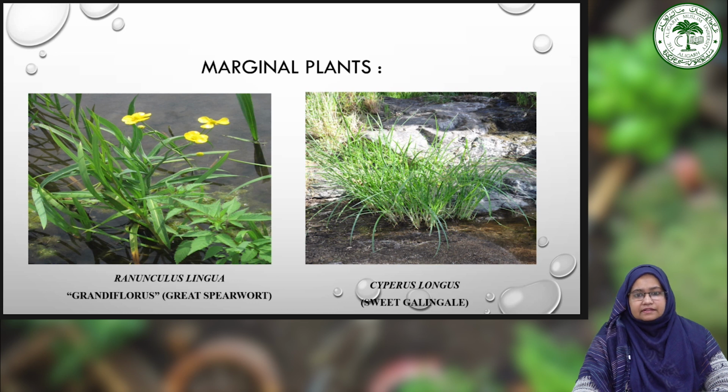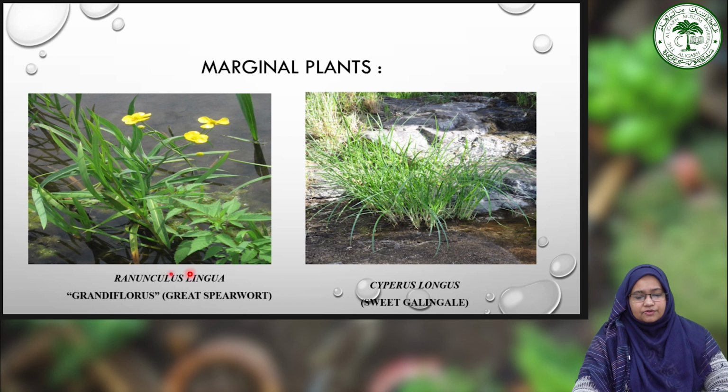The next type of plant used in water bodies is the marginal plants. This group includes a wide range of water plants, including some highly decorative rushes and sedges, which can be grown at the margin of a pond. These plants are grown in about 3 inches of soil in a shallow container with about 3 inches of water above the top of the container. About 10 plants are sufficient for these particular conditions.